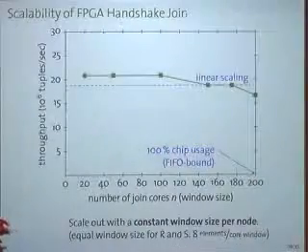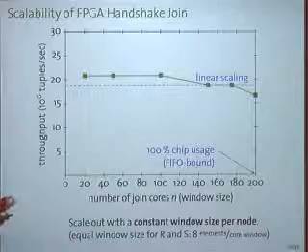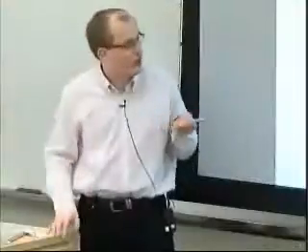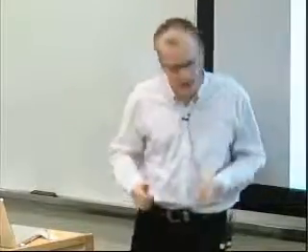Yes? Is the reduction in throughput due to the reduction in the maximum clock rate? Yes. Essentially, if you're using a simple eager nested loop join, you need 8 cycles to do the match per core. And this drop you can see here is because of the reduction in the clock frequency. At this point, the optimizer no longer has any room to operate, to navigate. So it's really reaching the saturation of the chip.